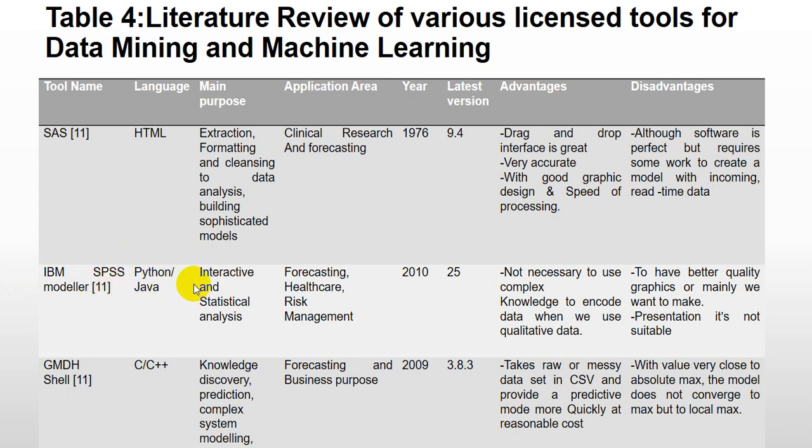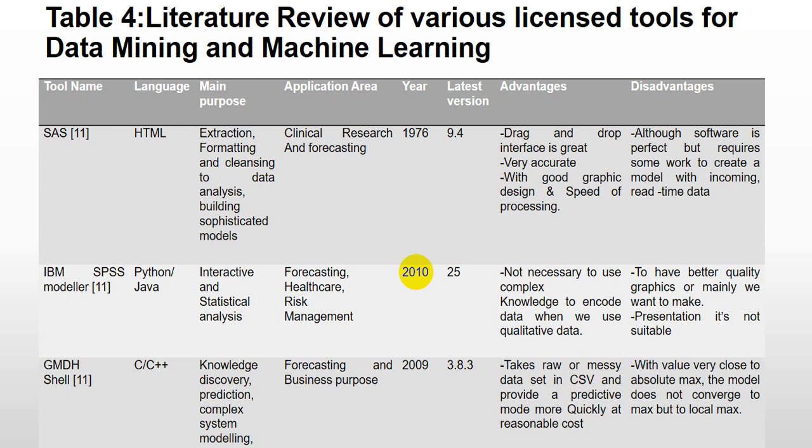Next tool is IBM SPSS Modeler. This tool uses Python and Java language, interactive and statistical analysis. Application area where this tool is used: forecasting, healthcare, risk management. It came in the year 2010. Latest version is 25. It is not necessary to use complex knowledge to encode data when we use the qualitative data. This is its advantage, but disadvantage is that to have better quality graphics, or mainly if we want to make